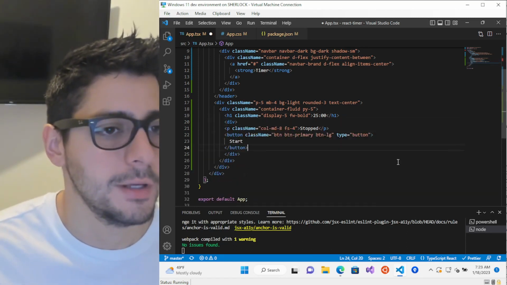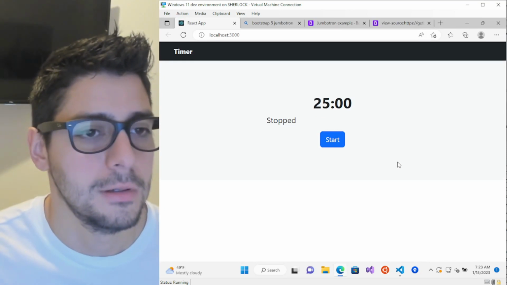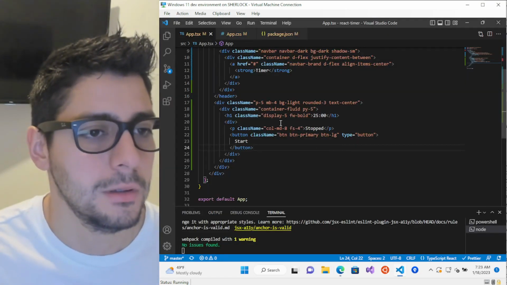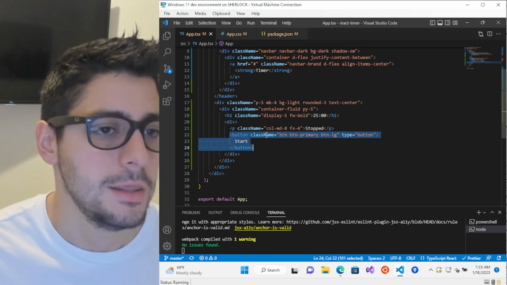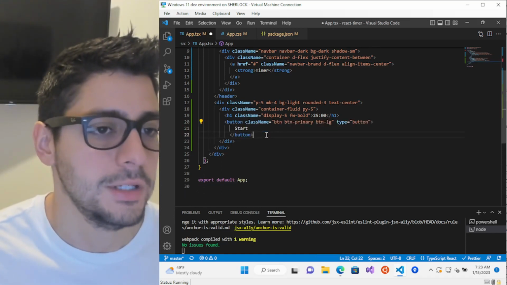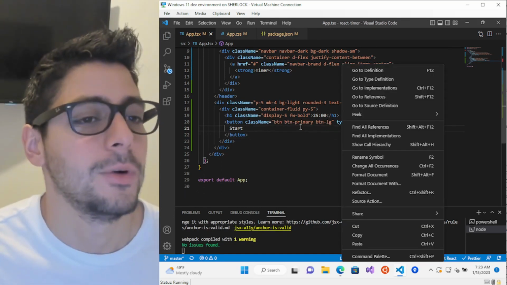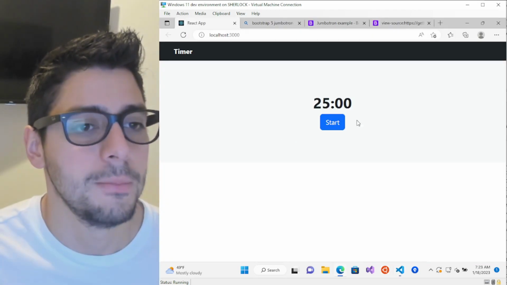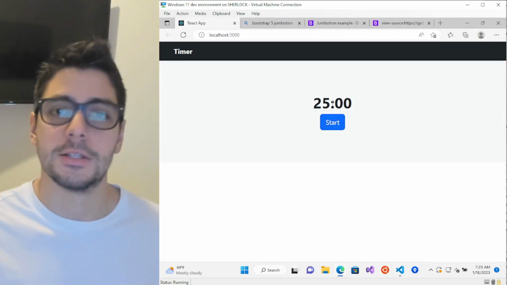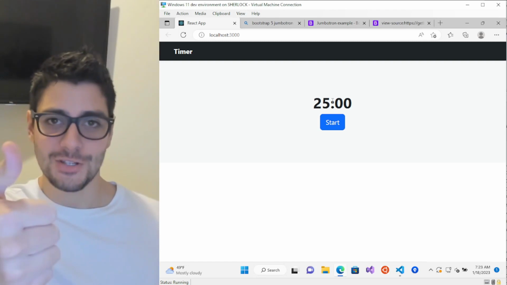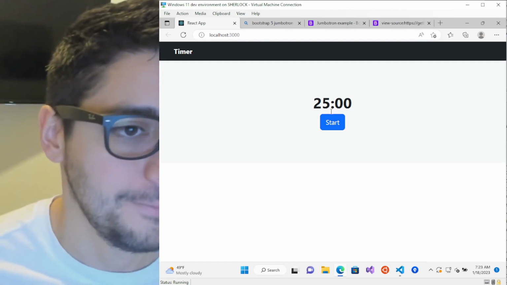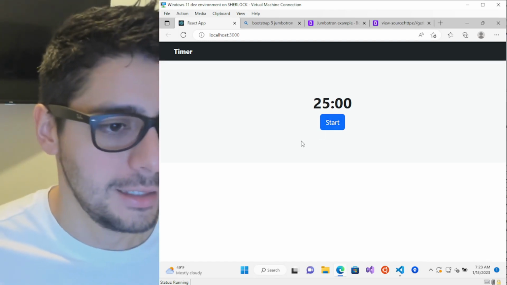Maybe put everything in a div. Nope. This is why I don't want to do any styling, and why I'm using Bootstrap. So we're just gonna have the button there. It's gonna start it and it's gonna stop it. Requirements change. Okay. Go ahead and